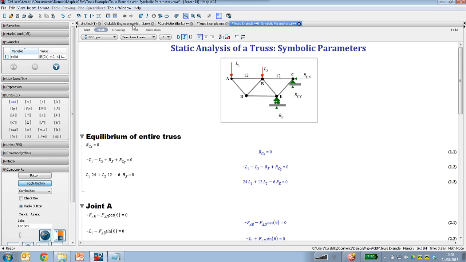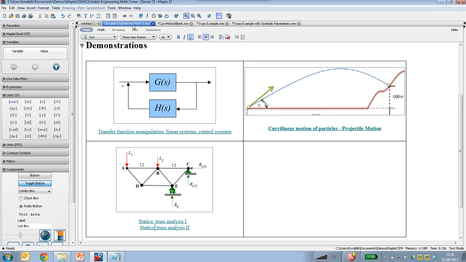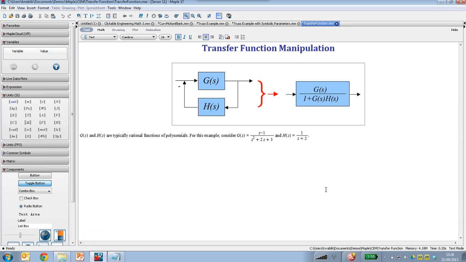All right, so now we'll jump back to the title screen here, and we'll go through our last example dealing with transfer function manipulation and basically doing transfer functions and calculations within Maple. What I'm going to start off with in this example is taking a couple of rational functions here and assigning them to my g of s and h of s, and then showing you that you can quickly manipulate it into an equation of g of s over 1 plus g of s times